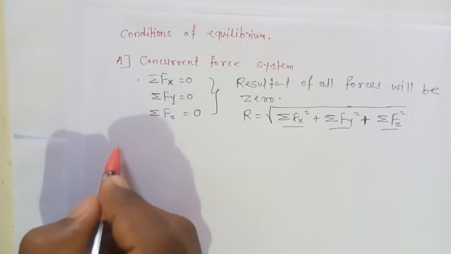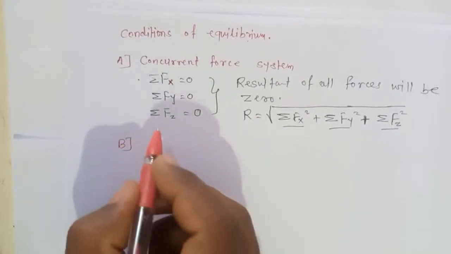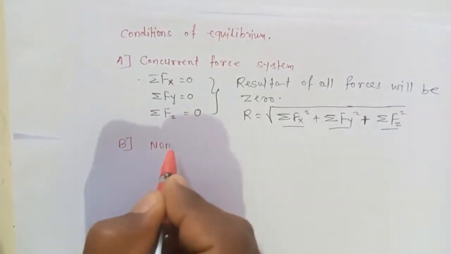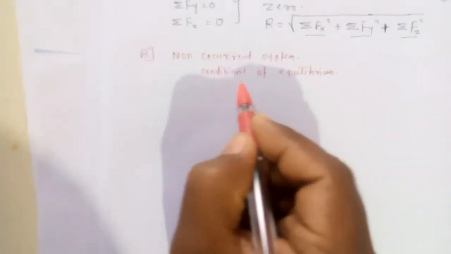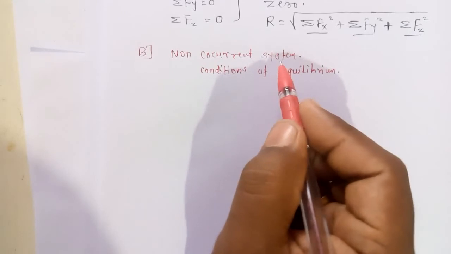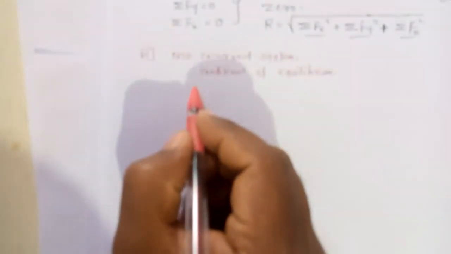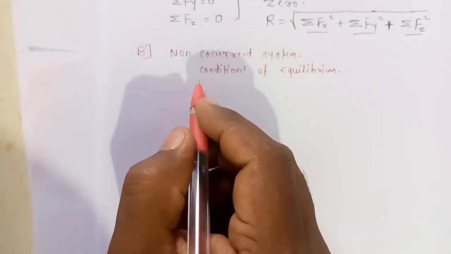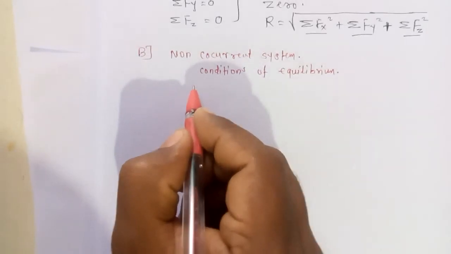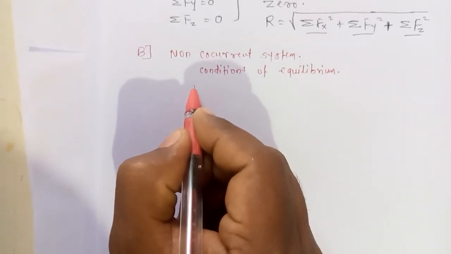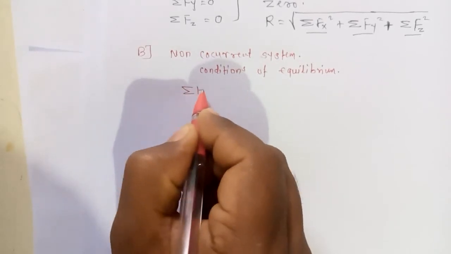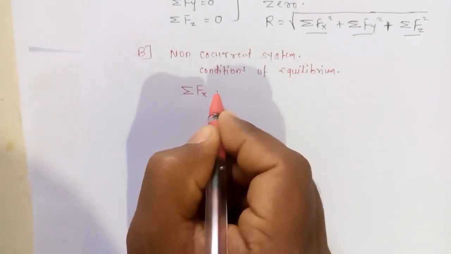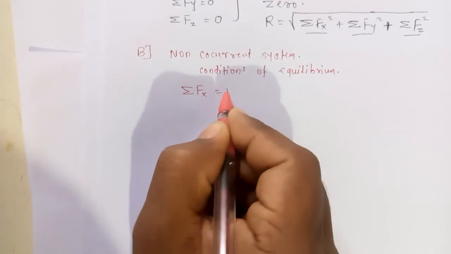Let us move ahead and see a non-concurrent force system. Now let us see what are the conditions of equilibrium for non-concurrent system of force. As you know, the non-concurrent system of force is the one where all forces do not meet at a common point. So that's why the equilibrium conditions available for this non-concurrent system will be summation Fx equal to 0,